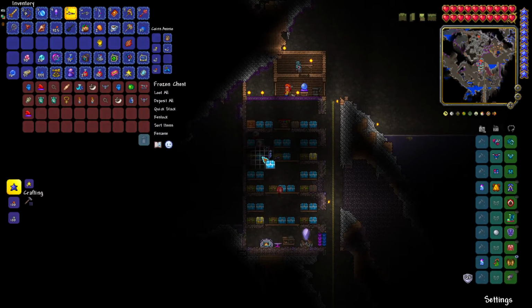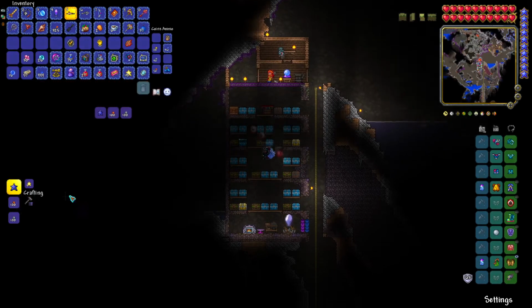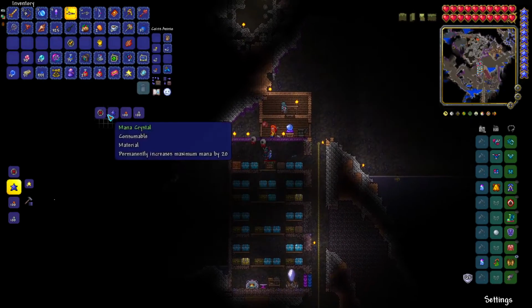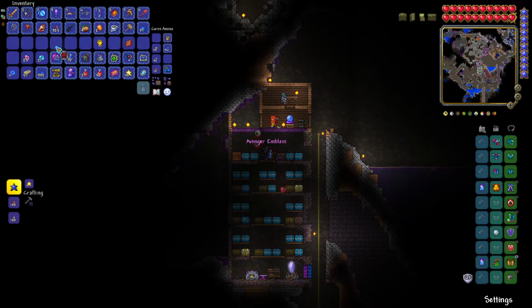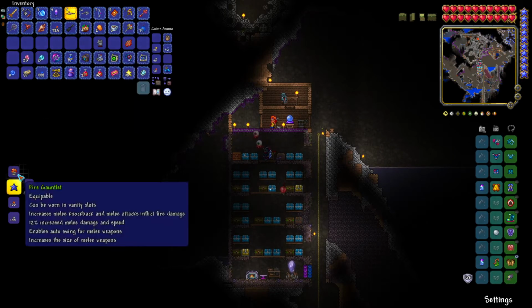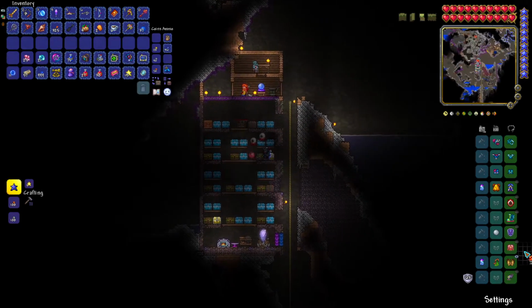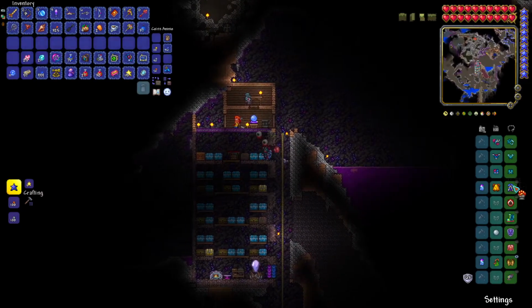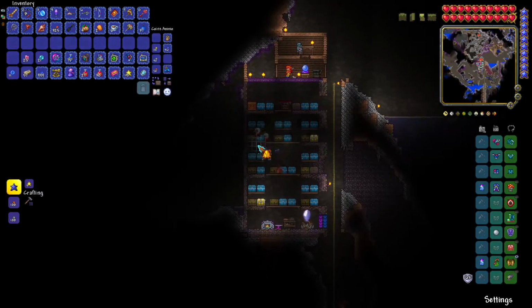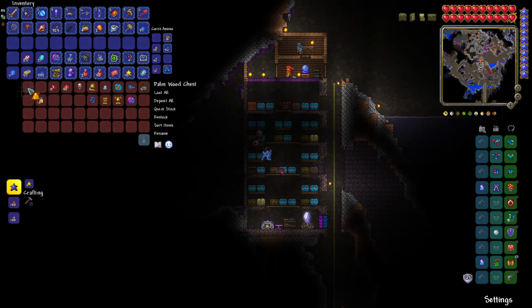I know we have an emblem. We have a warrior emblem. No, like, in these main series, I don't normally use emblems, so this isn't going to be like some grand sacrifice. Avenger emblem, and then a mechanical glove, and then fire gauntlet. This is going to be one of the weapons that lasts us forever. And the hive pack can go...